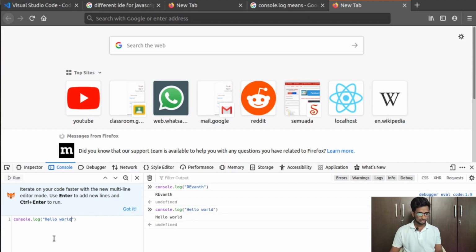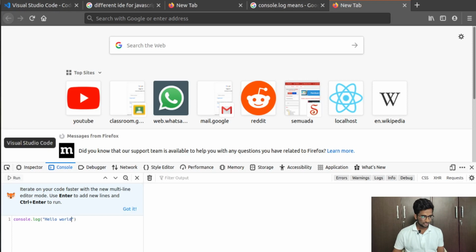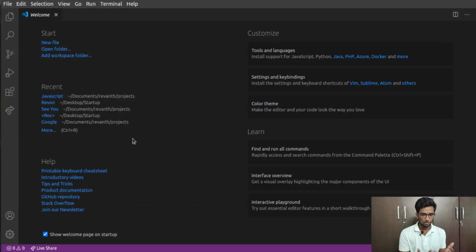Now you can see I can run my JavaScript program in the console of the web browser because they already embedded the JavaScript in this thing. Okay, and if you want, I'm just going to remove this thing. Now after installation, this is how it's going to look in the